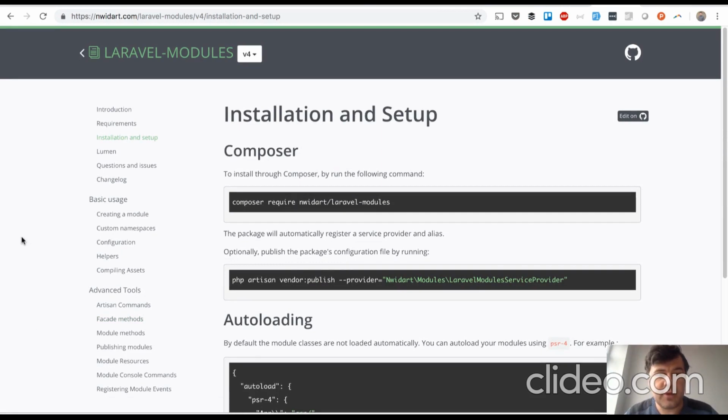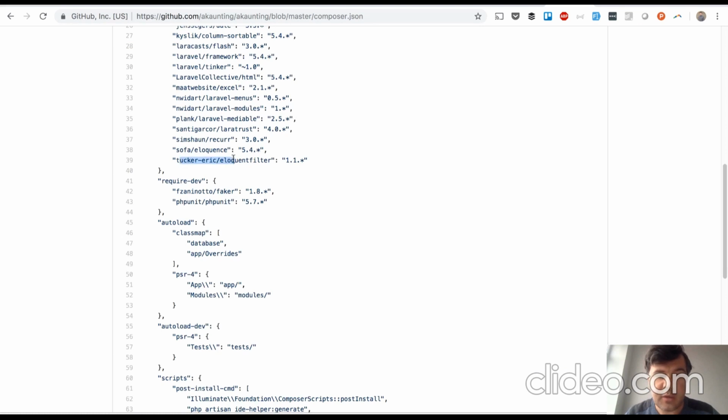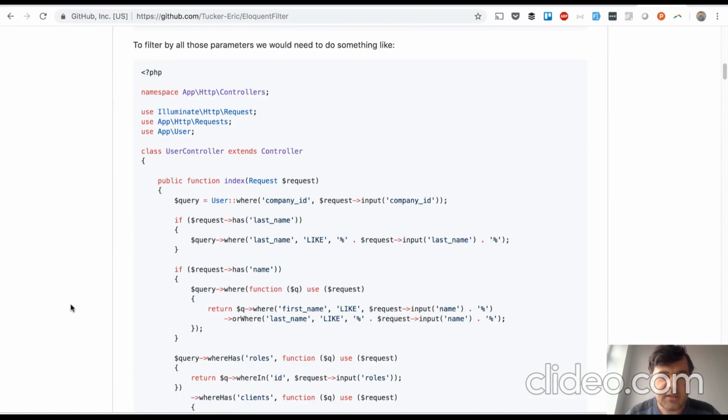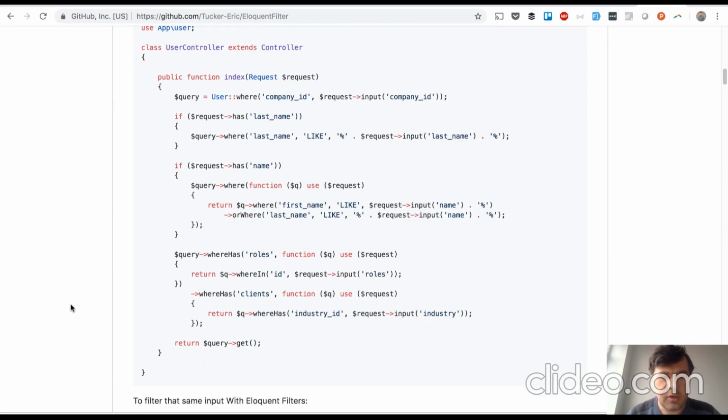And now let's move to another package that is used in accounting. It's Eloquent Filter. Haven't seen that before, found it just here from the accounting, and it seems to be a useful package, again with 500 stars. What it does, it allows you to filter Eloquent records